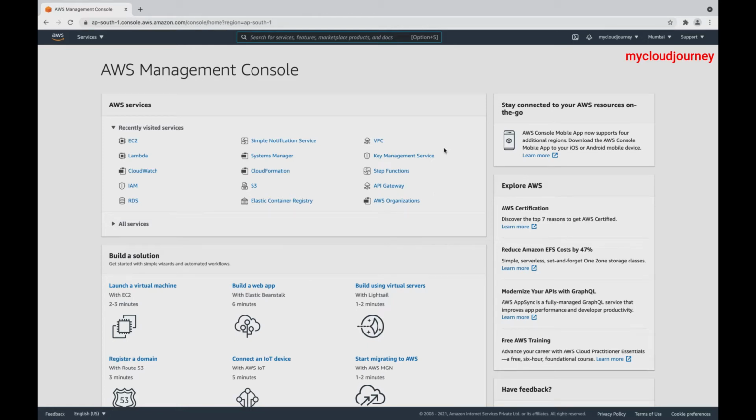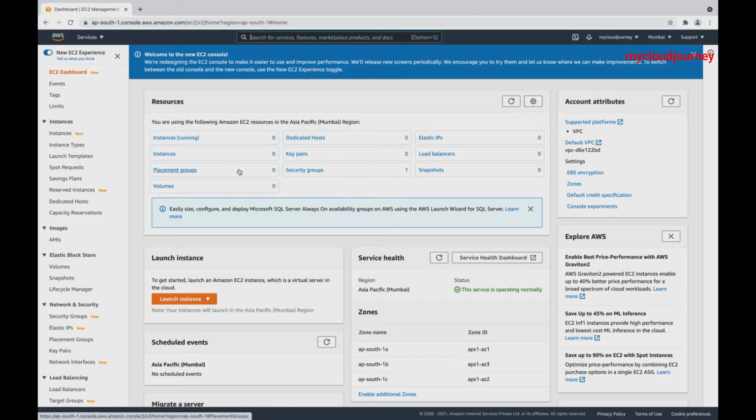In this video, I am going to guide you how to install Grafana on RHEL server. For this, I have already logged into my AWS account. This account is a free tier account, and free tier account gives you around 750 free EC2 hours of usage, so you don't get billed. So let's start with the provisioning of EC2 machine.